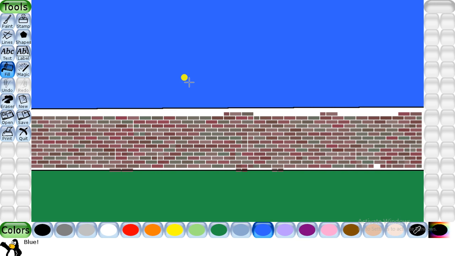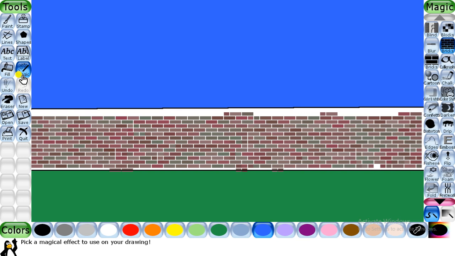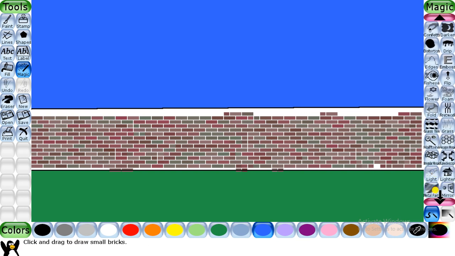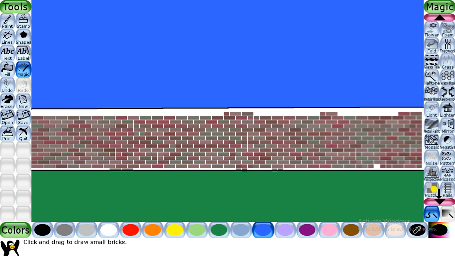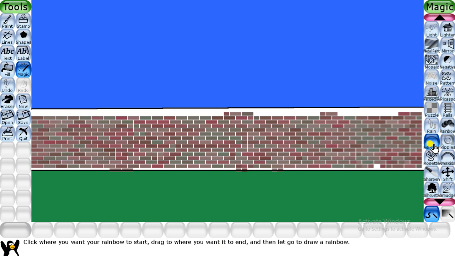Next we will see the rainbow effect. The rainbow tool allows you to add a rainbow to the drawing. So to use the real rainbow, you have to click on the magic tool and search for the real rainbow sub-tool in the option box using this arrow. You can click on this arrow and simply search for the real rainbow option present over here. You can see over here, so this is my real rainbow sub-tool.